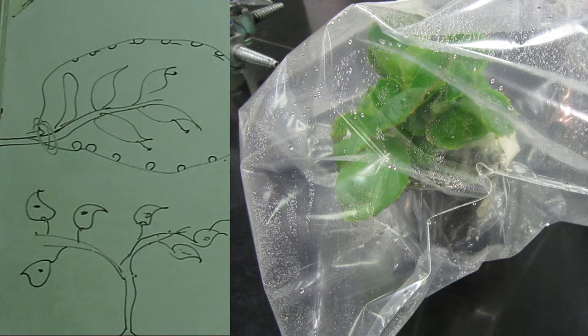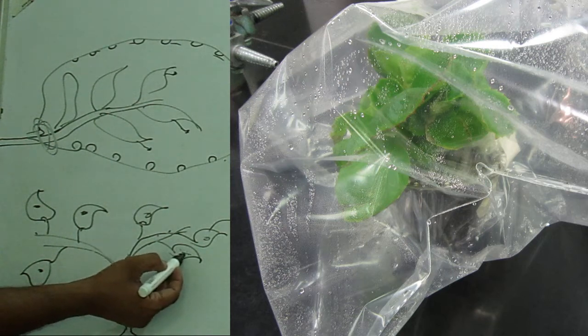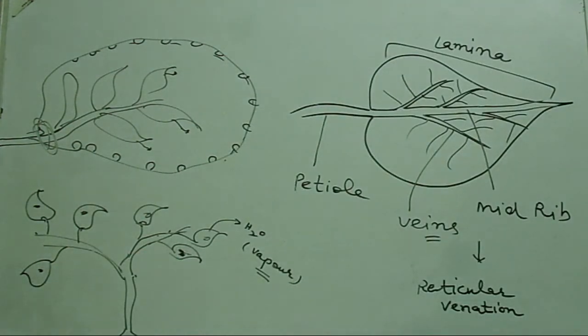So this transpiration takes place only after the process of photosynthesis in the plant, and photosynthesis helps the plants to manufacture food, and that food is manufactured with the help of water taken through the roots. Plants take carbon dioxide from air, they take sunlight, and the green colored leaf, due to chlorophyll, absorbs the sunlight, and by all these four raw materials food is prepared in the leaves, and that food gets stored in the leaves in the form of starch.